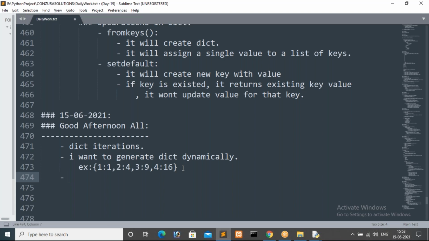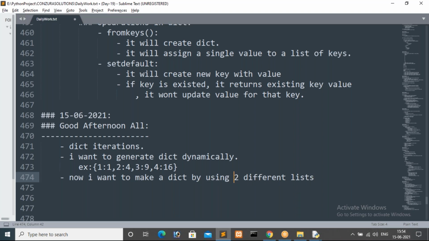Suppose you have two different lists, and you want to make a dictionary by using two different lists. So I hope this statement is clear now.